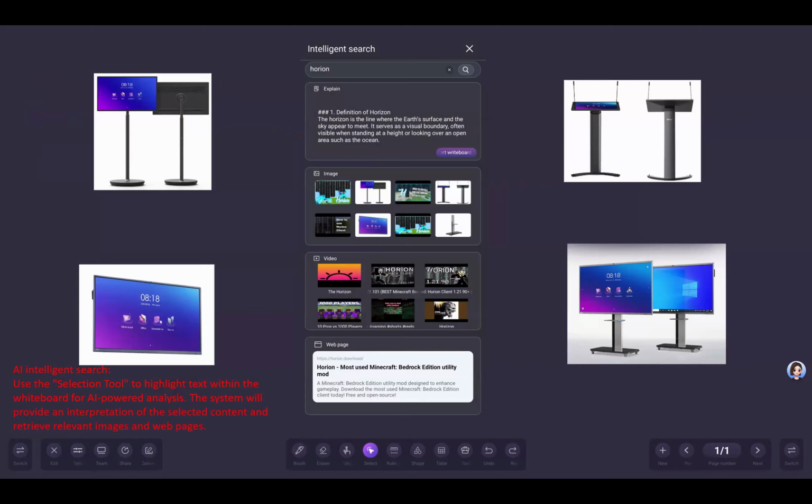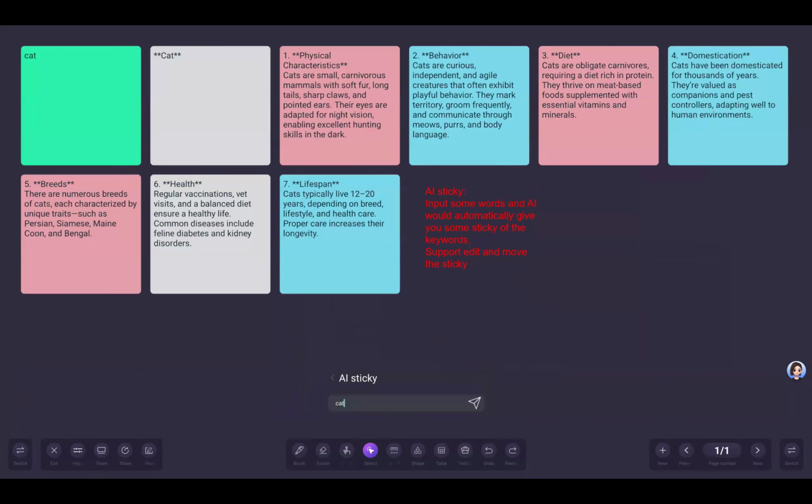You can input some words like Horion and click search. It will search for first explanation, second image, third video, the fourth web page for you. It will search in the whole internet for you, and you can drag the images and videos directly to the whiteboard. I think it's really helpful, and not only in this AI function,